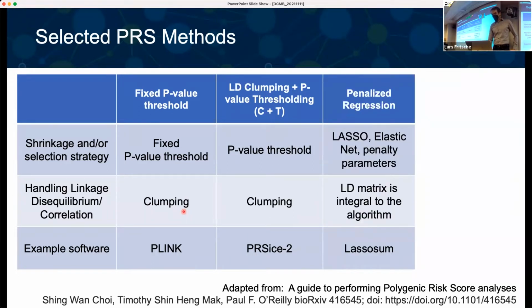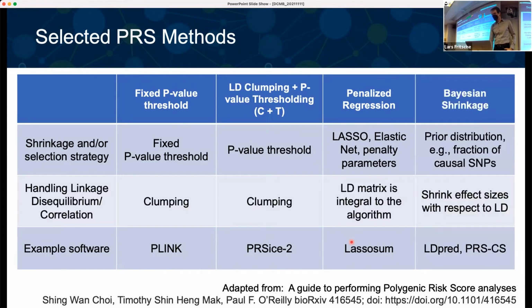There are other approaches, penalized regression approaches, that try to balance bias and variance to find optimal parameters. And they also adjust for LD. This is part of their algorithm. One example for that would be lassosum. So with this more advanced method, you can end up with millions of SNPs that contribute to a risk score,